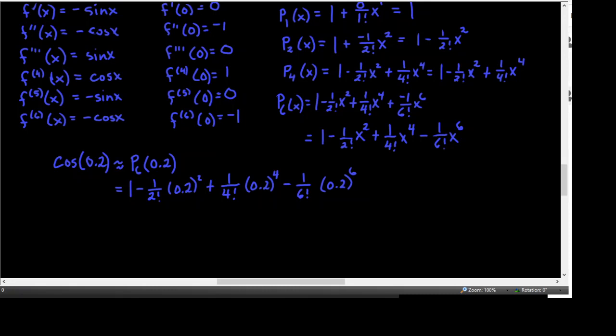And of course your calculator can do multiplication, and division is just multiplication by the reciprocal, so it can do division, and it can do addition, and of course subtraction is just addition of the opposite of something. So that's all your calculator does, is a bunch of additions and multiplications, which means you're also doing a bunch of subtractions and divisions. And that's all that you encounter at this level of this problem, is those operations. So this is actually how your calculator does this. So I thought you'd find that interesting. Anyway, if you do all of that arithmetic, of course you probably want to use your calculator to speed it up. You'll get